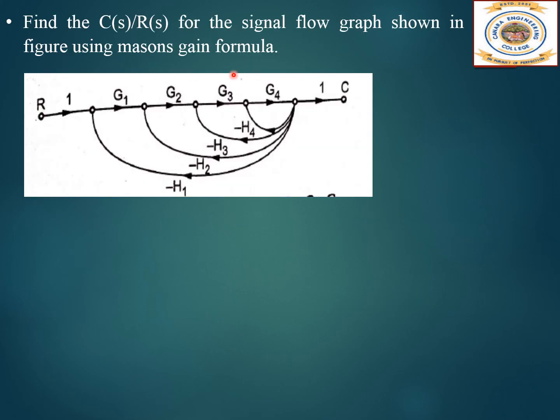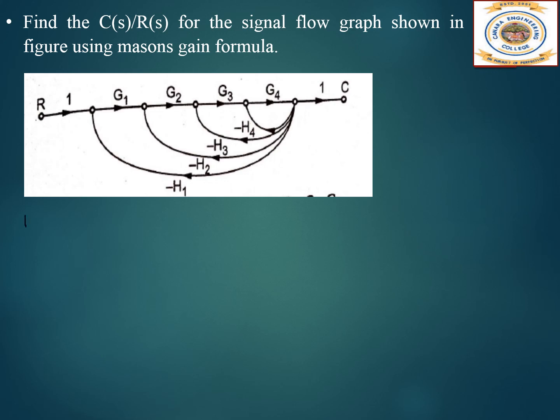So one more simple, straightforward problem. The forward path gain is G1, G2, G3, G4. Then loops, very simple here, right? Minus H4 G4, minus H3 G3 G4, minus H2 G2 G3 G4, minus H1 G1 G2 G3 G4. That's all. Nothing complicated at all. It's very straightforward, direct form. And there are no non-touching loops because each loop will have a node common between them. So no non-touching. And the forward path is only this one, G1, G2, G3, G4. All the loops are touching that forward path. So it's a simple one.